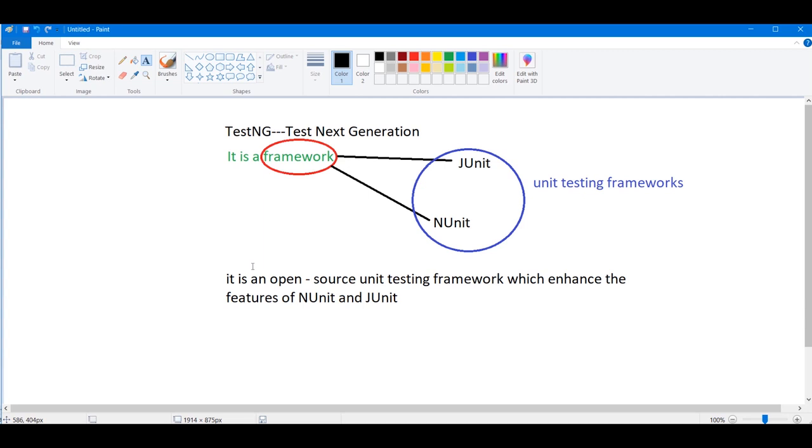You are accountable for each and every situation. JUnit and NUnit are not that compatible, but this open source TestNG framework will help you enhance the features of NUnit and JUnit so that you are also able to do the unit testing.